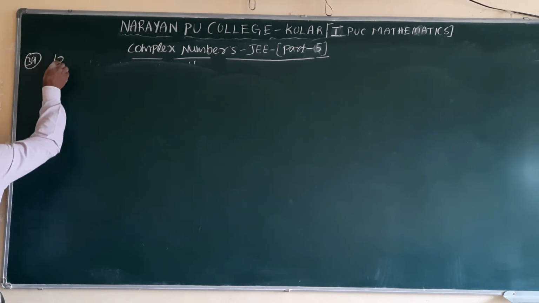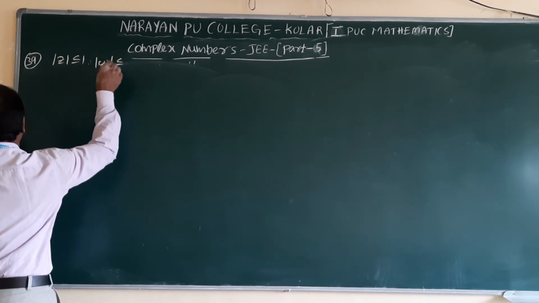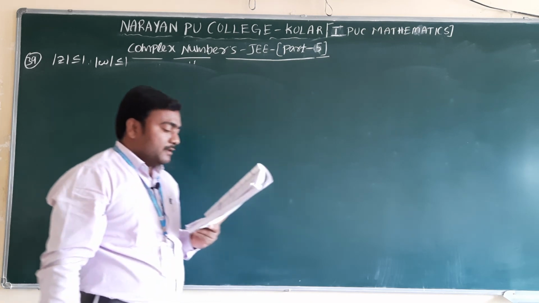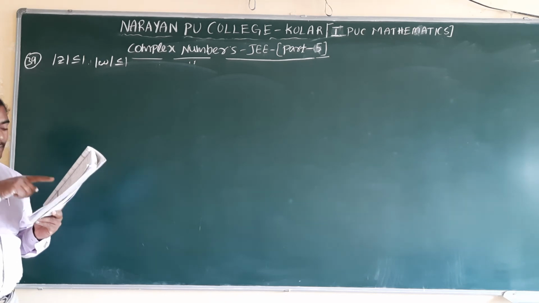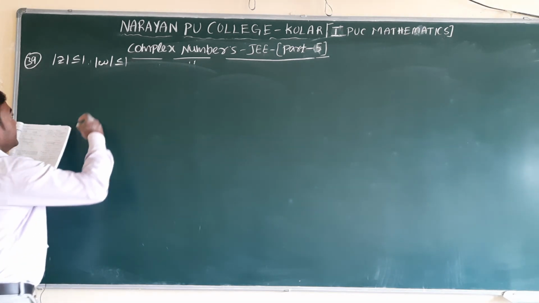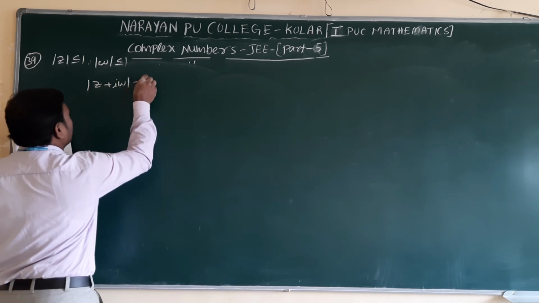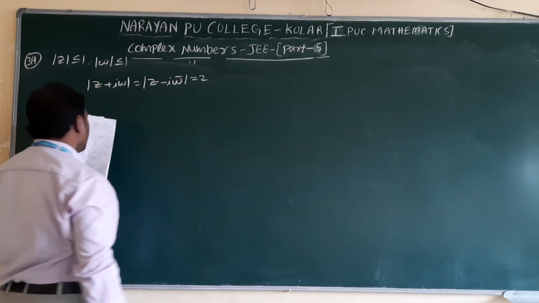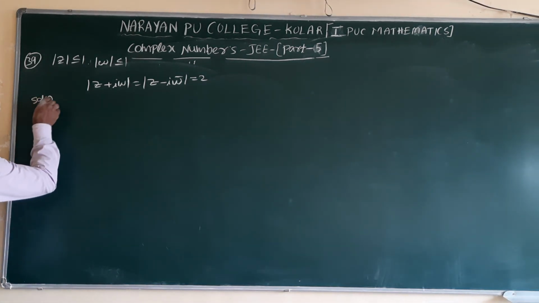So modulus of z is less than or equal to 1 and modulus of omega is less than or equal to 1, and so here the question should be wrong, we have changed here in place of minus plus, that is modulus of z minus i omega, that is z plus i omega. Change the question here: modulus of z plus i omega is equal to modulus of z minus i omega bar is equal to 2. Then z equals to, the solution here, they give the condition like this, modulus of z